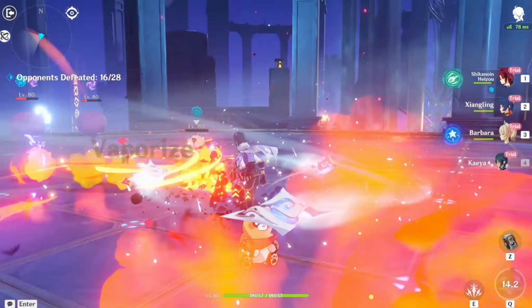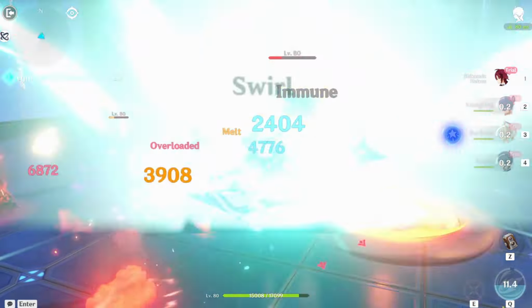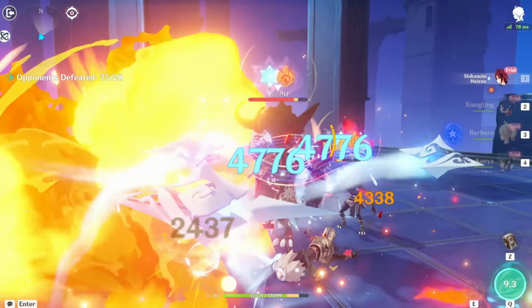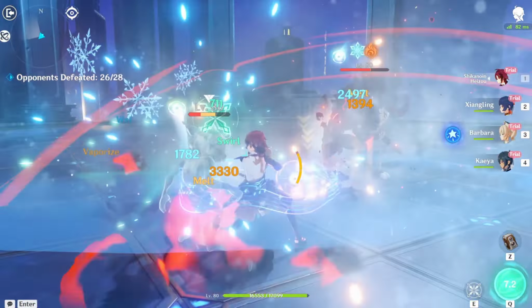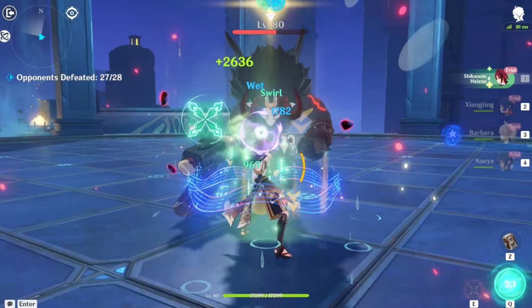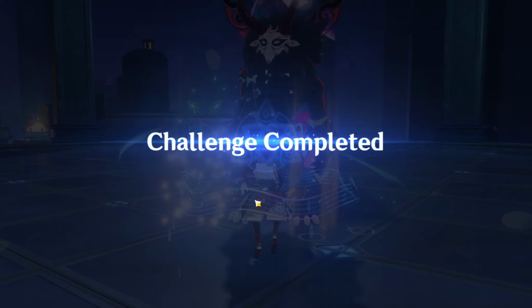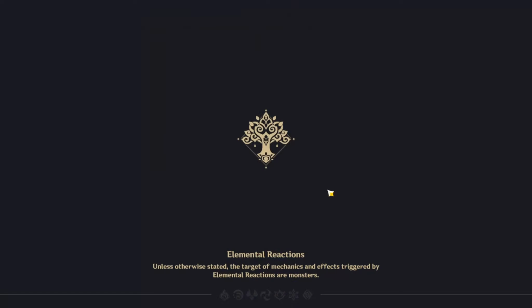Yeah, 4-piece Viridescent is his best set, obviously. If you want more damage out of him, then you could probably run 2-piece Anemo, 2-piece Attack. That works really well. But I will say that 4-piece Viridescent is probably his best set. And that is basically it for